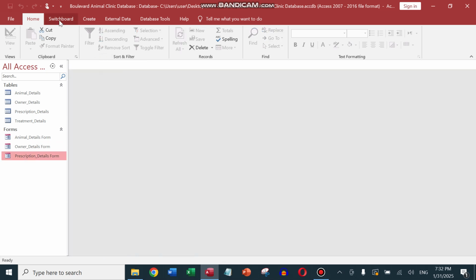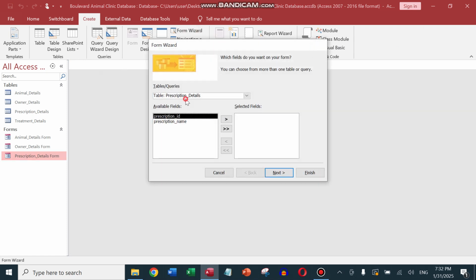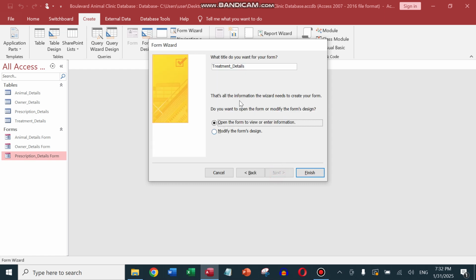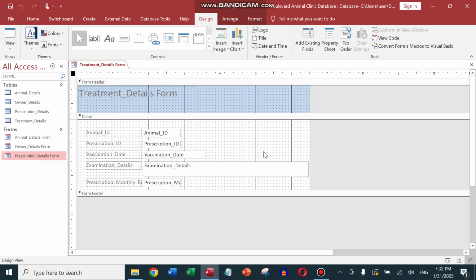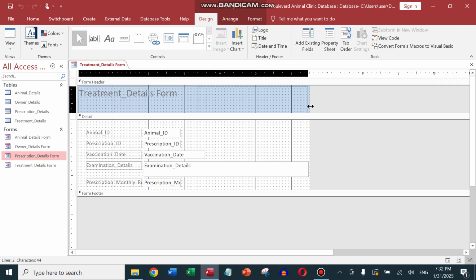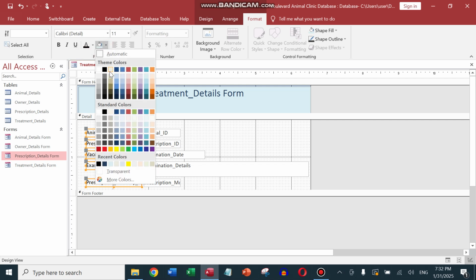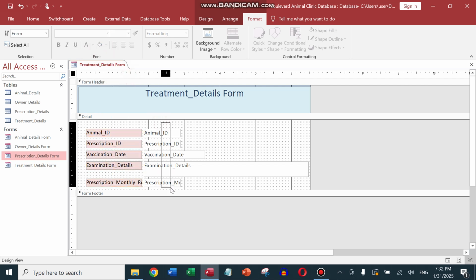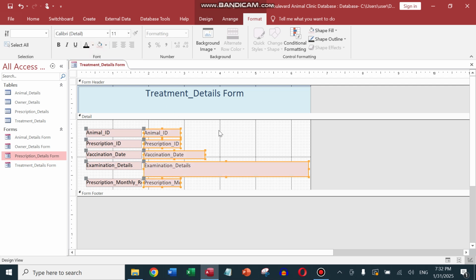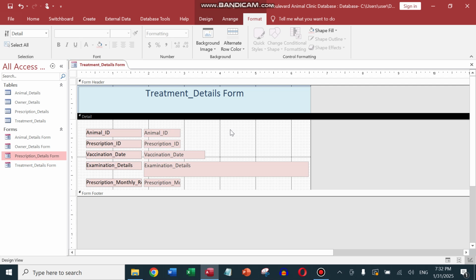Close it. Last, create form wizard, and then I choose the fourth table, treatment, choose all elements or fields, and then form, modify, finish it. I can then make it in the middle, change the background, change the font, and then make it black, change the background to the color that you want. Some students prefer to use the same color for everything, and then I can put the cursor here and change